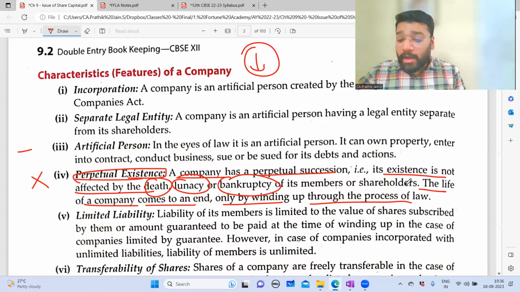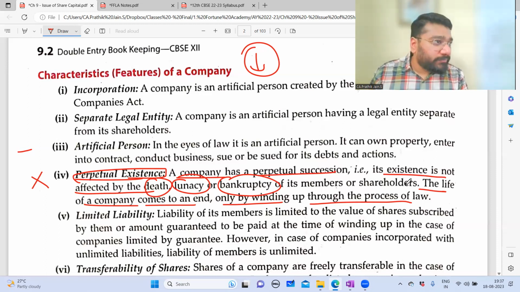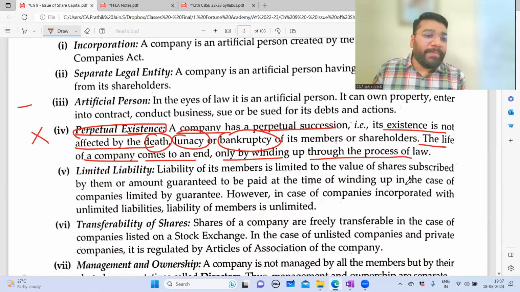Now law has got a provision. Definitely the legal heirs can do the winding up procedure, but law also has a provision that if somebody else wants to come and take over the business, legally that is also possible. So that's why I told you a death of a member or a shareholder does not affect the going concern of the business. So even if all the people die, still the company can continue. There is a provision in the law, upon following which definitely it can be achieved.